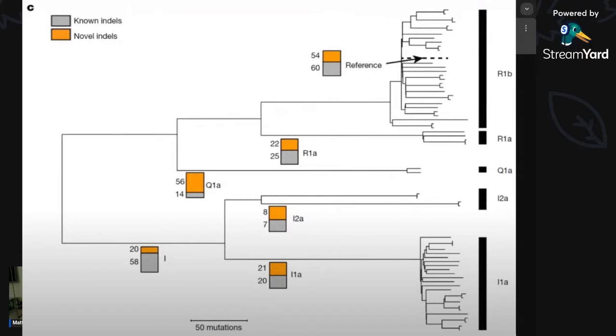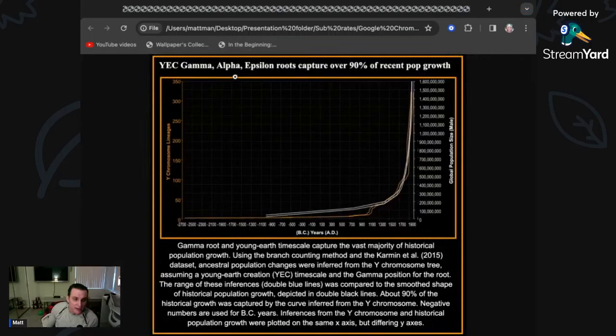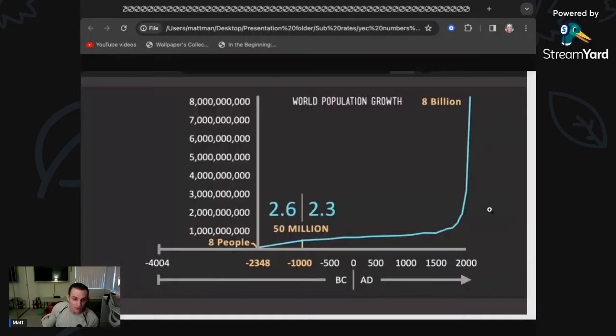So he compared them to population growth rates using that Carmen et al. 2015 database, and noticed, like, wow, this really matches pretty good. There's about a 25% historical growth capture rate with that Y chromosome. So then he said, okay, let's back this up for just a minute and use all of the gamma, alpha, and epsilon roots, and they captured 90% of all of the population using the rate. Interesting, right? That's exactly what we'd expect from the human population growth curve, and it matched the mutation rate. And it didn't only do that, but it